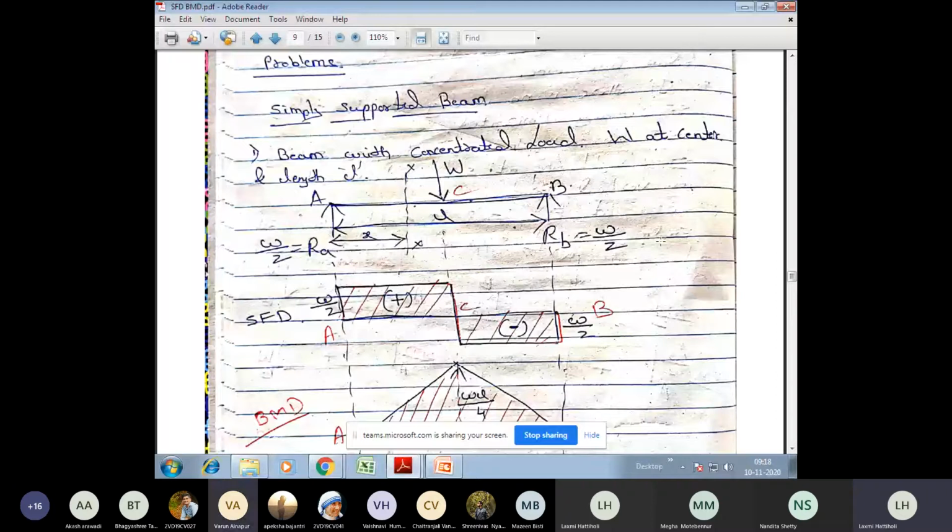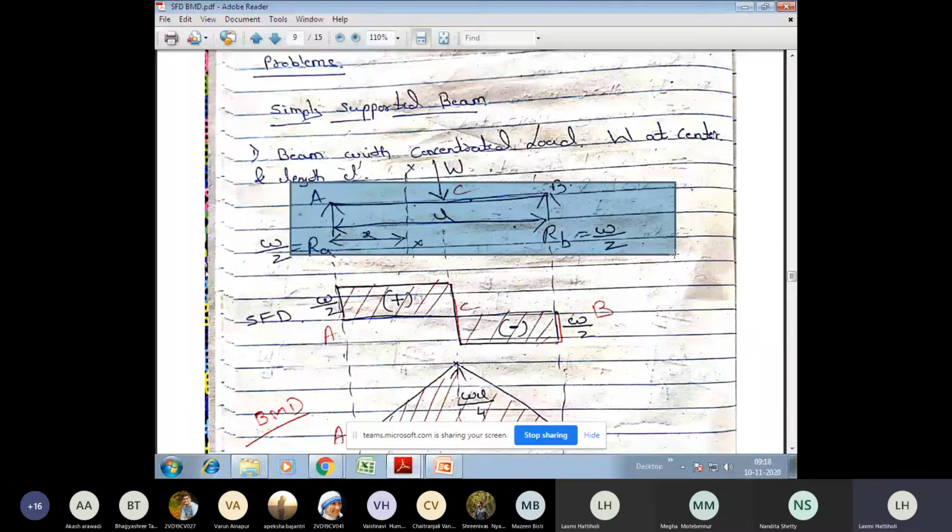In the previous session, we had also started with a small beam regarding the shear force and bending moment diagram. If you remember, please observe this diagram: a simply supported beam subjected to a concentrated load at the center. The question would be, draw SFD and BMD for a simply supported beam subjected to a concentrated load at the center. This might be a question for 8 to 10 marks, for VTU as well as internal exams. How you need to proceed is, given a diagram, always first check the loads and the span of the beam.